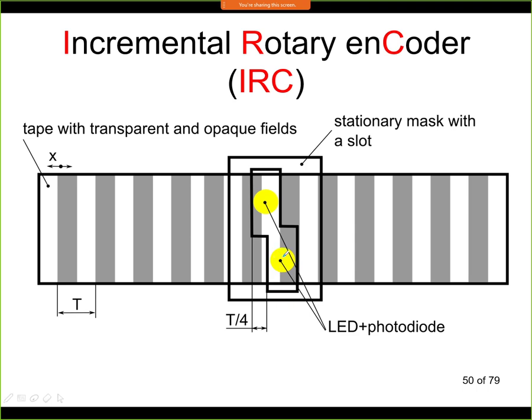Now the reason why we have two sensors like this is that we need to distinguish if we are going left or if we are going right. Now if we would use just one sensor, for example with this sensor, and let's move it to the left, we see black field, white field, black field, and so on. And by counting we can get the distance, but we cannot get the direction, because we will get exactly the same signal if we move it to the right. We see black field, white field, black field again, and so on. So here we need to have a second sensor,